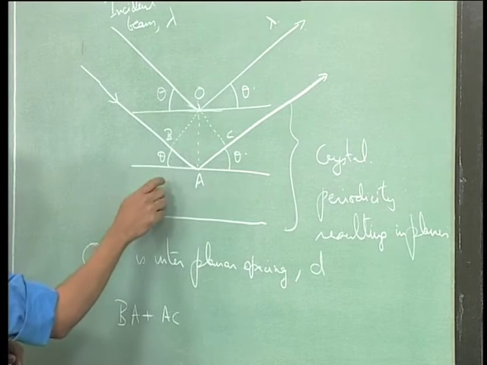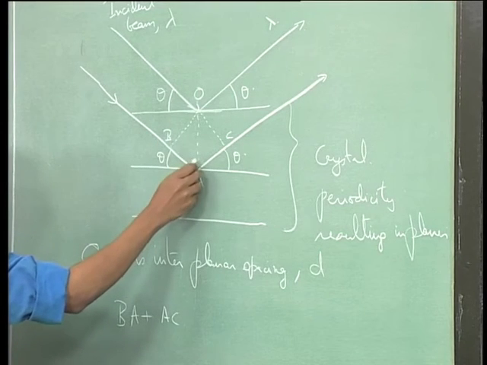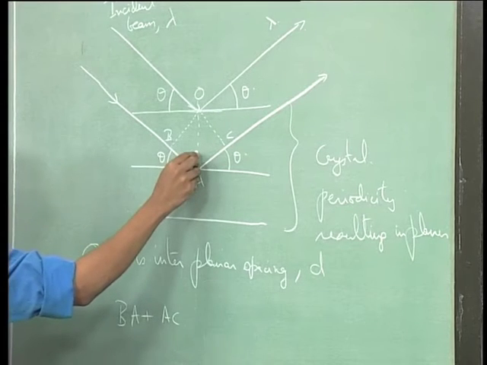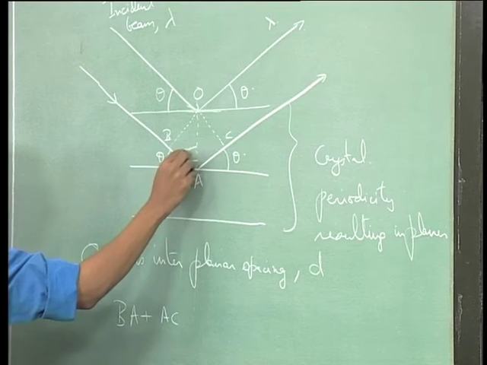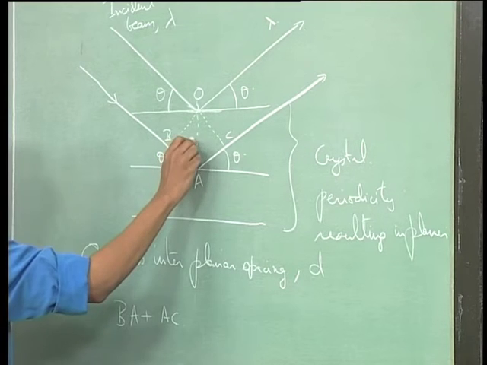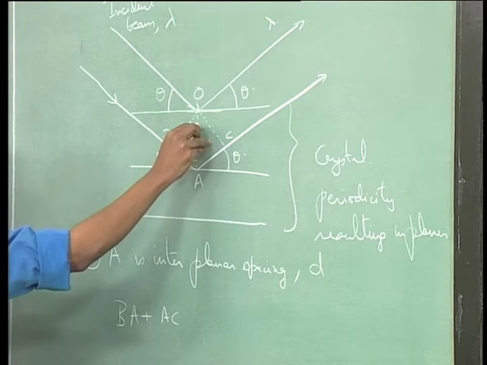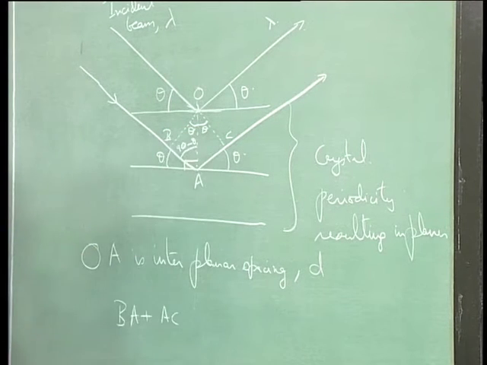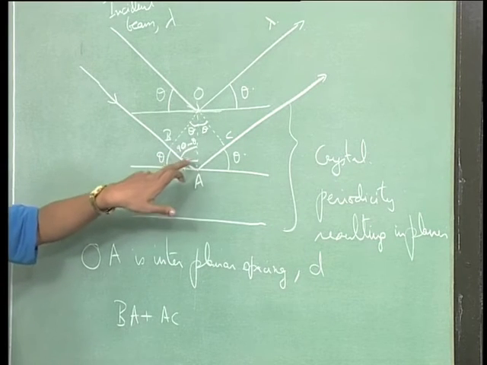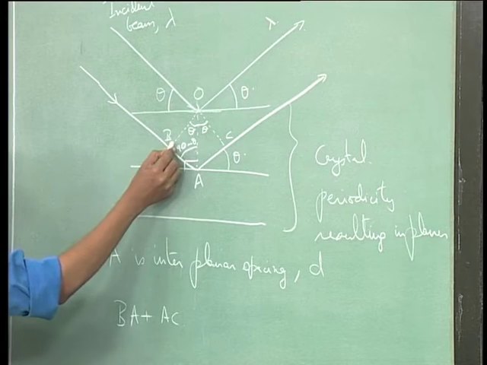Since this is theta and this is 90 degrees, this line has got to be perpendicular to them, only then this is the spacing. So this is 90 degrees, and this is 90 minus theta. So this is theta, therefore this alone is 90 minus theta, therefore this is theta. Similarly this is also theta. So this angle is theta, therefore in this triangle, this angle and this whole angle is 90 degrees, therefore the remaining angle here is 90 minus theta, therefore the third angle here, and again this is 90 degrees,